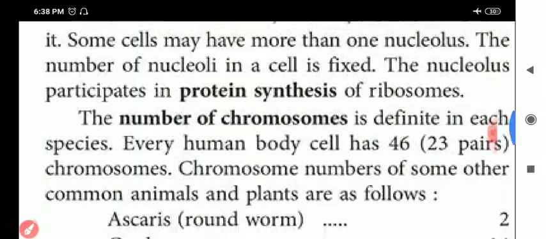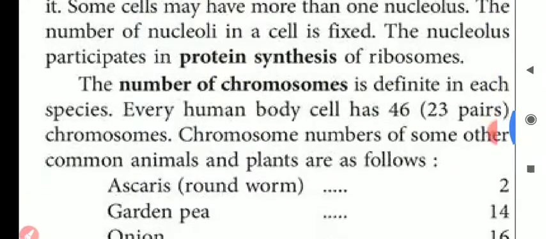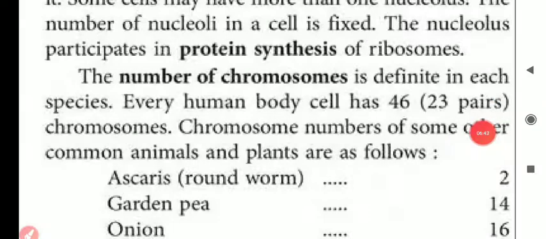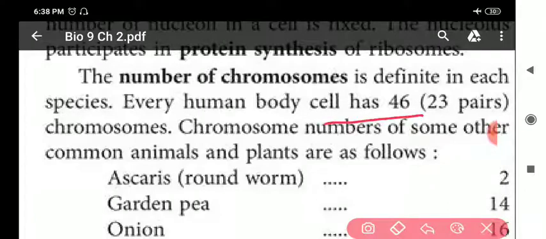Next, my dear students, number of chromosomes. You can see the number of chromosomes in a human body cell. There are 46, or 23 pairs of chromosomes. Like that, many are given here. You can see